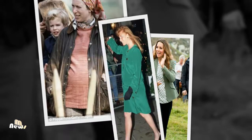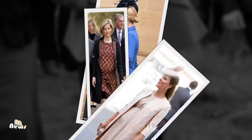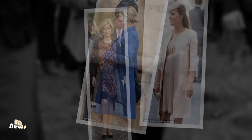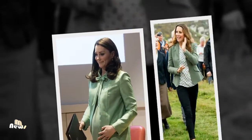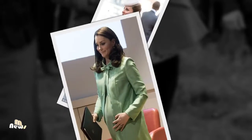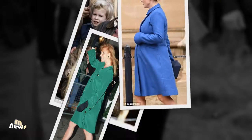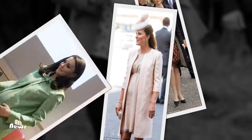There wasn't the pressure back in the 80s for new mothers to shrink back into shape as soon as they had given birth. Attending a service of commemoration at St. Paul's Cathedral for the Falklands War in July 1982, a month after giving birth to William, Diana is happy to show off a delightful post-baby tummy, even highlighting it with a belt. Kate, on the other hand, was back in her skinny fit jeans 5 weeks after giving birth to Prince George in July 2013. It was a similar story with Princess Charlotte, as Kate quickly regained her size 8